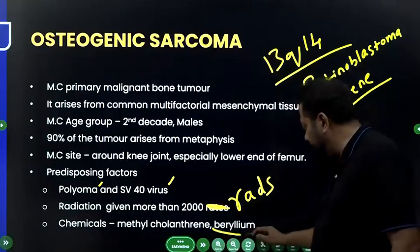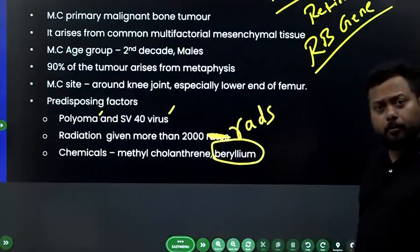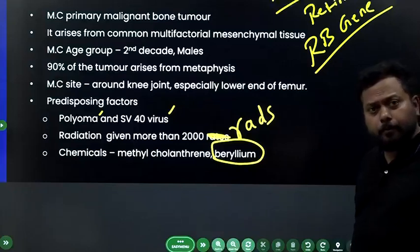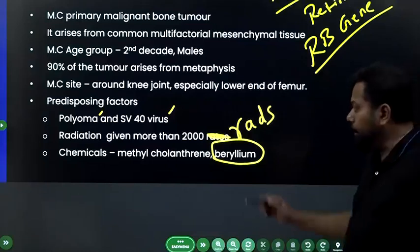Look at this, very peculiar. So far it has not been asked in any of the Indian entrances, because we know asbestosis causes mesothelioma, silicosis causes coal workers' pneumoconiosis and predisposes to tuberculosis, silicotuberculosis. Occupational lung disorders, occupational hazards: asbestosis causes mesothelioma, silicosis predisposes to tuberculosis. All these things we have seen. Berylliosis causes